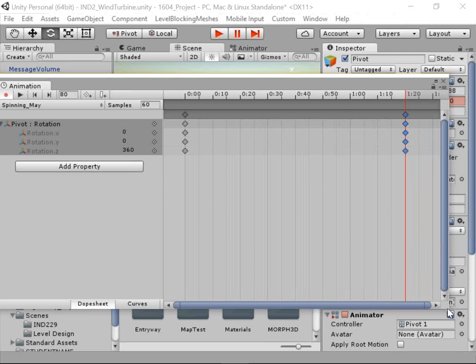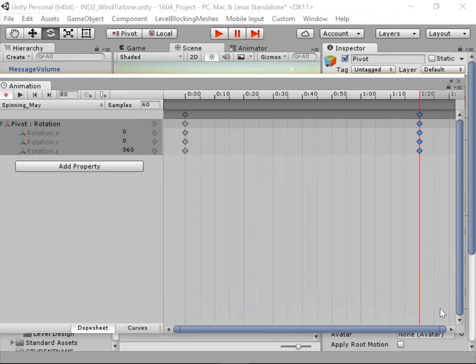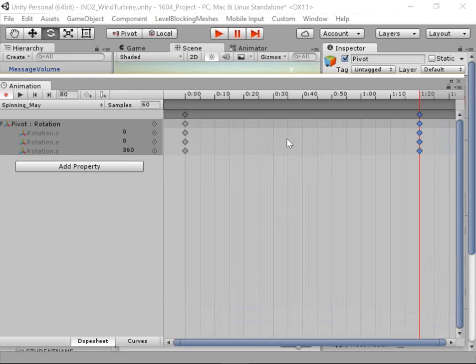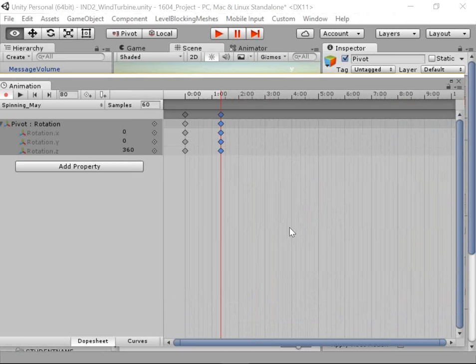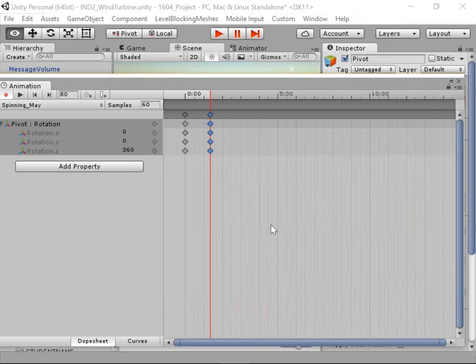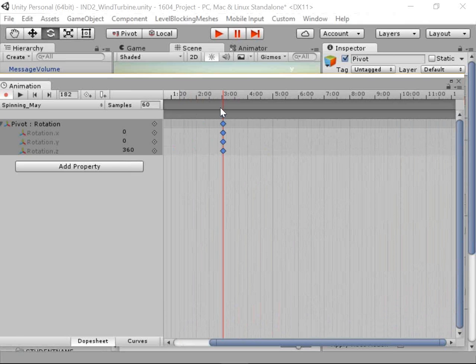So what's the max limit of where it goes to? You can keep going forever. So if you hold Alt and then use your mouse wheel, you can scroll the timeline to keep going. And then I can just drag this. So I want my animation to be 3 seconds. Drag it to there. And then you'll also see that